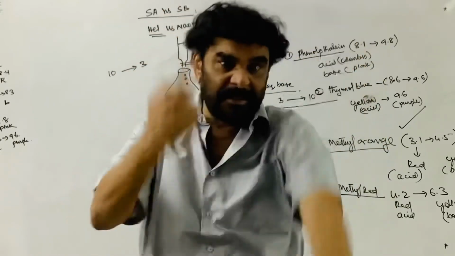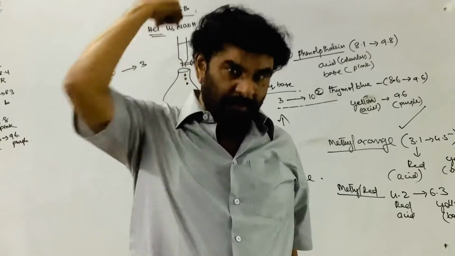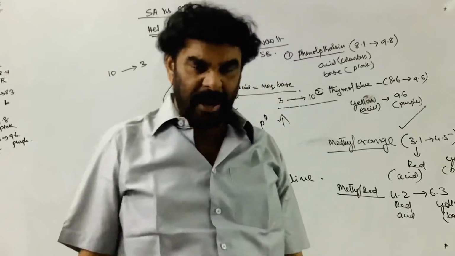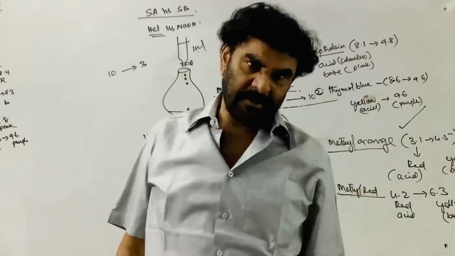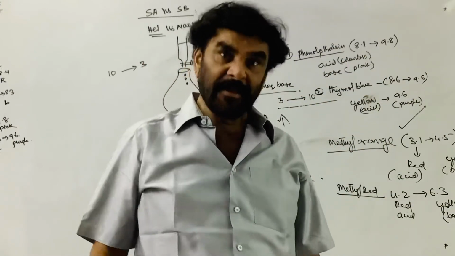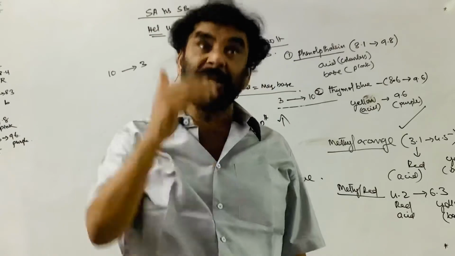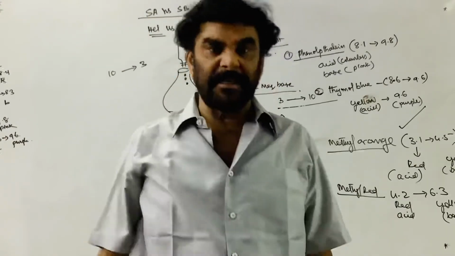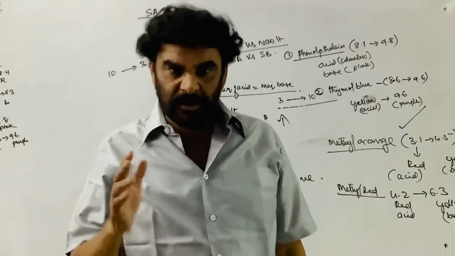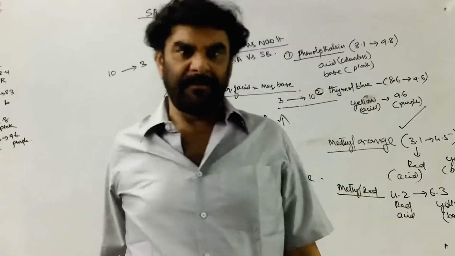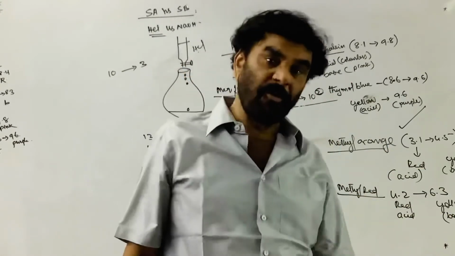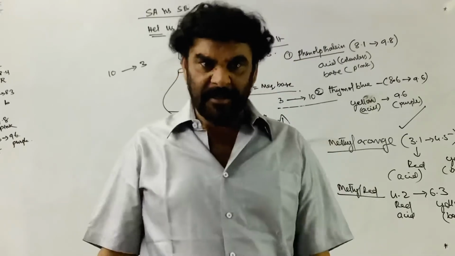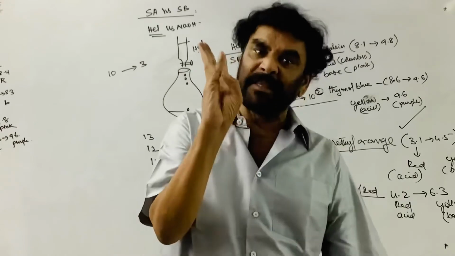Suppose you reverse it, that is, strong acid is the titrant in the burette and strong base is in the conical flask. Then what happens during the titration? What are you adding? You are adding the acid. Acid will finally be in excess in the flask, so the pH will be less than 7, where it goes around 4 and 3. What are the available indicators? That is methyl red and methyl orange.